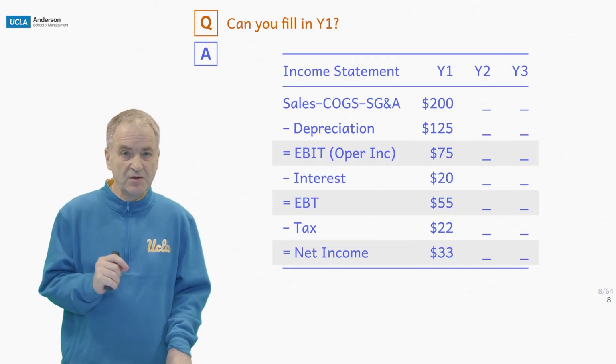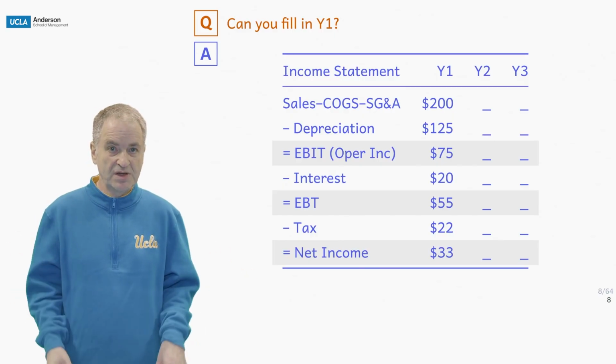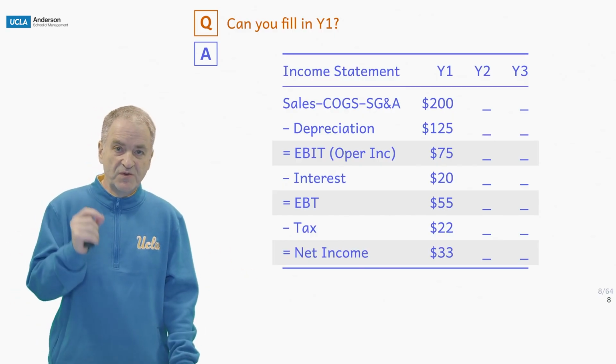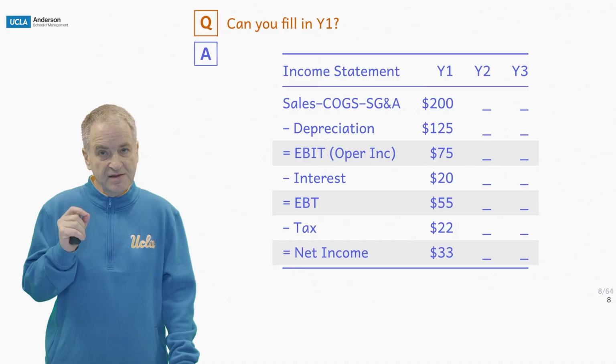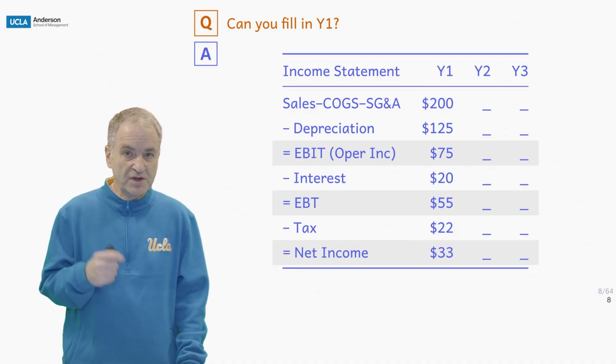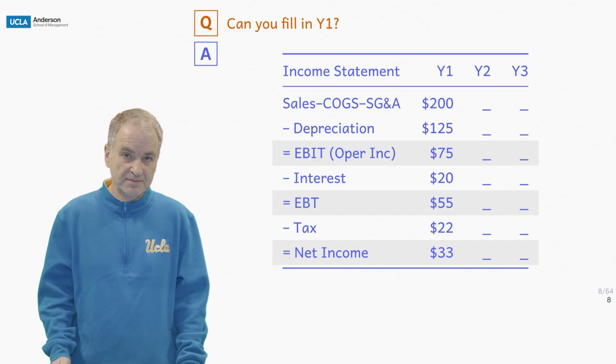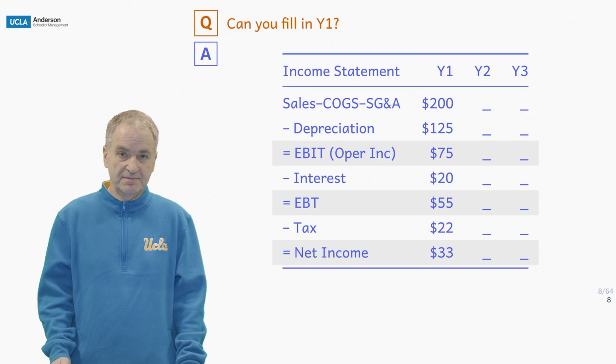The interest that we have to pay was $20. We borrowed $200. The earnings before taxes is therefore $55. Then we calculate the tax according to our 40% tax rate. That gives us the net income. Take a look at that. Make sure you have that right. Now,